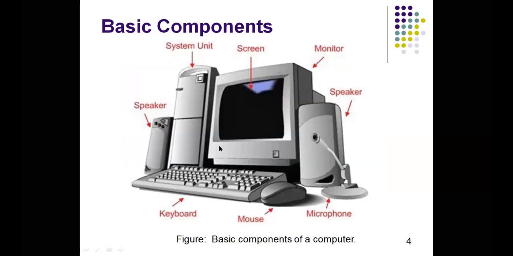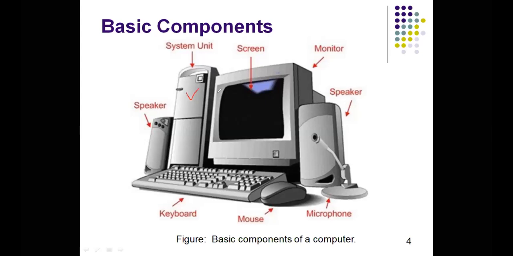So, basic components of a computer. Here you can see a monitor. Can anyone tell me what type of monitor this one is? CRT. Good, very good. So today we learn about the CRT monitor. And what is this device? Casing, sir. Casing, system unit, or computer chassis. We can call it by different names.